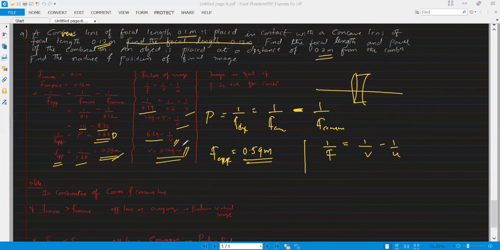In the previous problem v was negative. So if the v is positive, or else if you go for the combination of the lenses, that is